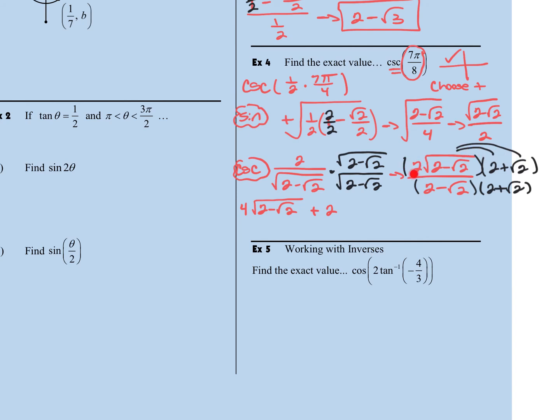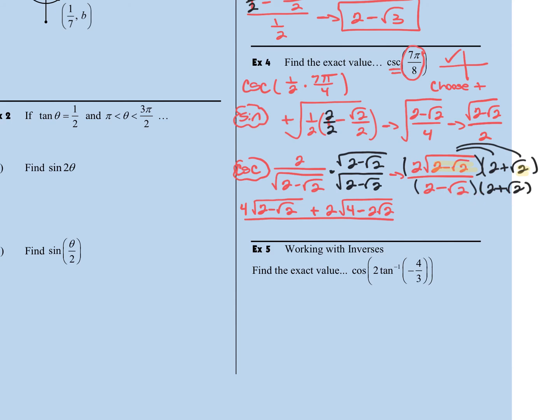So the outside piece was 2, and then I'm taking this radical 2 minus radical 2 times the radical 2, which means I'm actually multiplying these radicands. It looks really complicated, I know. You might need to pause this video. So the new radicand is going to be 4 minus 2 radical 2,